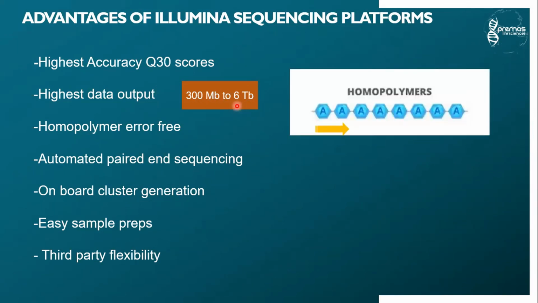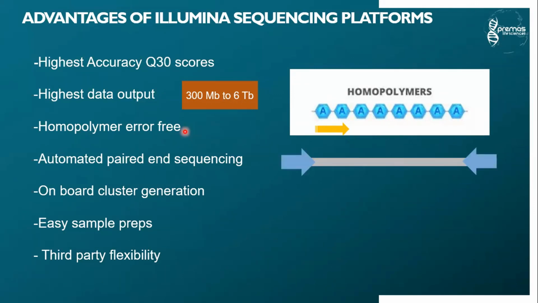Homopolymer error-free, meaning if there is a repetition of similar bases attached to each other, which is generally challenging for other sequencing technologies where you won't be able to distinguish between them. Because of base-to-base sequencing, Illumina's next generation sequencing turned out to be the best option when you have a lot of homopolymers. Homopolymers are more significant in some genomic regions in our body involved in cancer, or in viral and bacterial genomes, which have a lot of repeats.